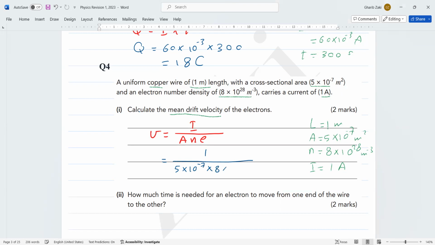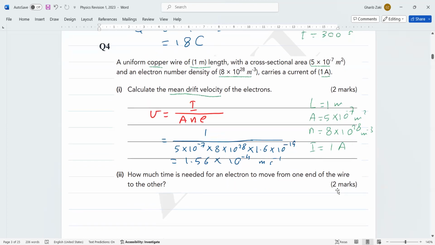N is 8 multiplied by 10 power 28. E is the charge of the electron, 1.6 times 10 power negative 19. Use your calculator. When you use your calculator, the answer becomes 1.56 multiplied by 10 to the power negative 4 meters per second. Okay, now,